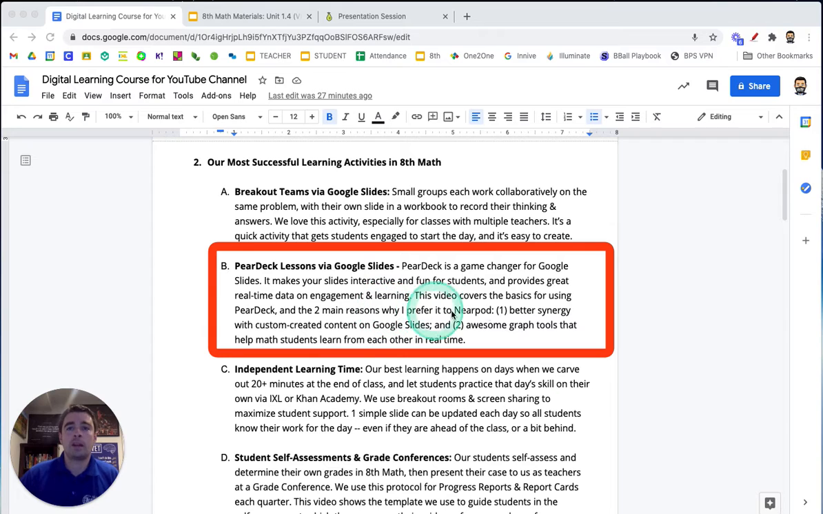But two things that PearDeck does better than Nearpod, I think. Number one, if you're somebody who creates custom content on Google Slides, if you actually create your own questions or you pull questions from somewhere and you modify them a bit, PearDeck just works way better. It's built to be a nice extension with questions you're creating, rather than this separate pop-out question where you put your question in like they do on Nearpod,